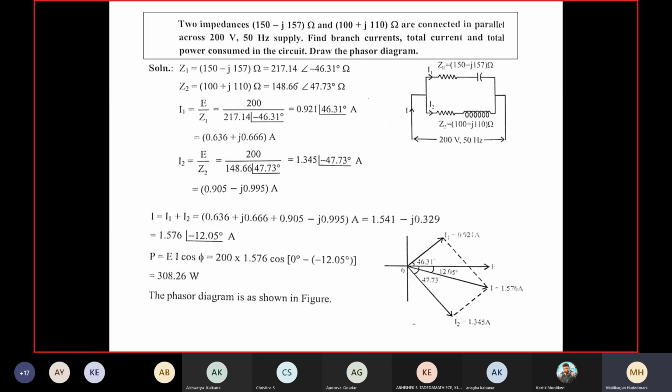So therefore, put them in a polar form or rectangular form, get the answer. So default calculator will give you in rectangular form like this way. When I equal first time, this will give shift equal. Then if I press shift plus, it will ask me ANS or angle theta. Equal you press, it will show me 0.921. Shift equal 46.31. So hope you have practiced this. If not, also not a matter.